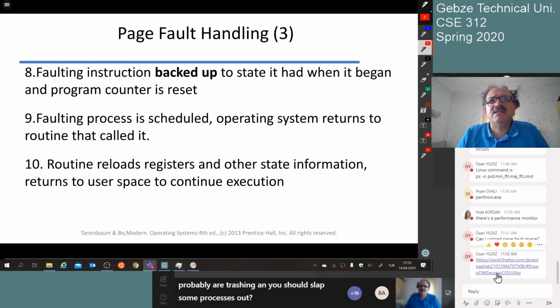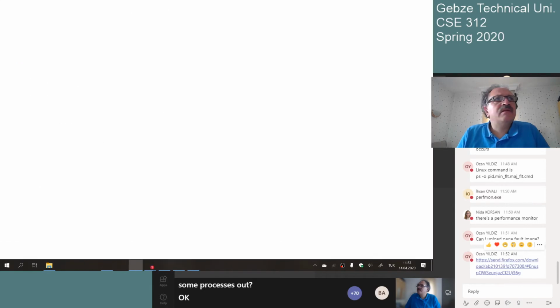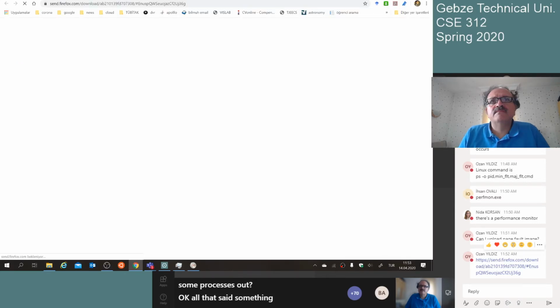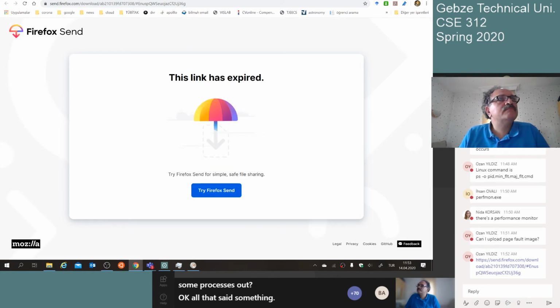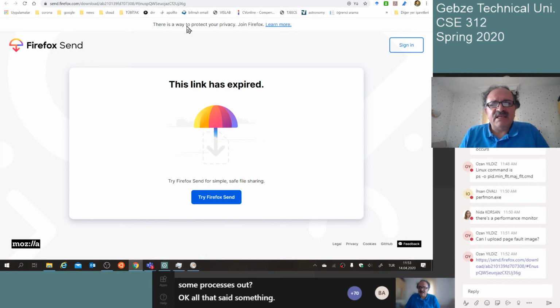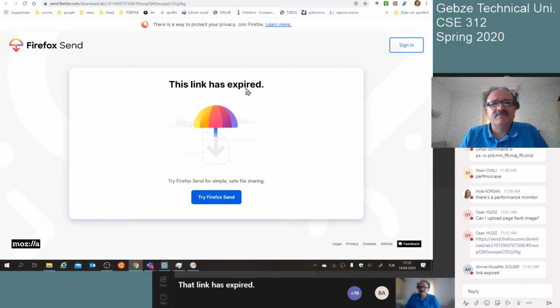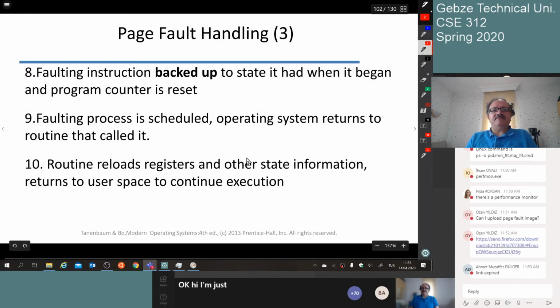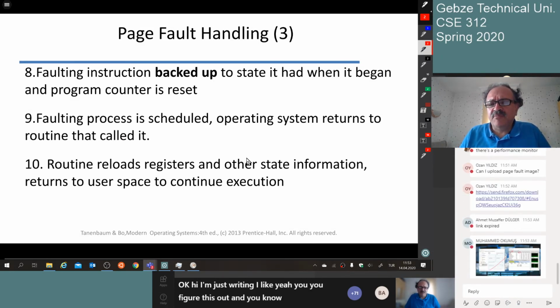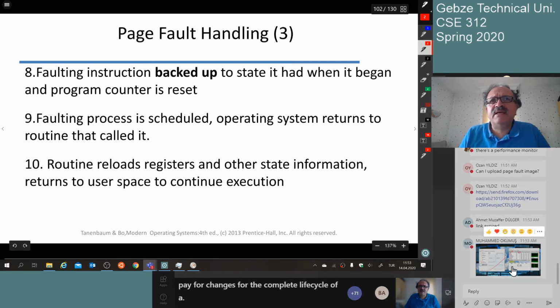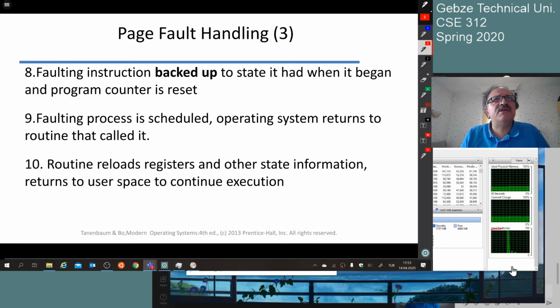Okay, Ozan sent something. That link has expired. Okay. You figure this out and you try to find how the page fault changes for the complete life cycle of a program. Mohammed sent a picture, and that picture is